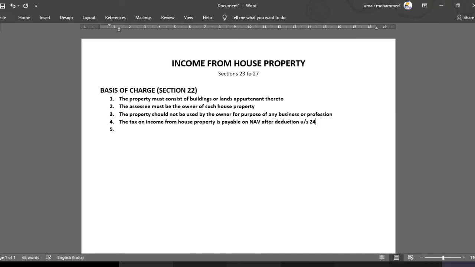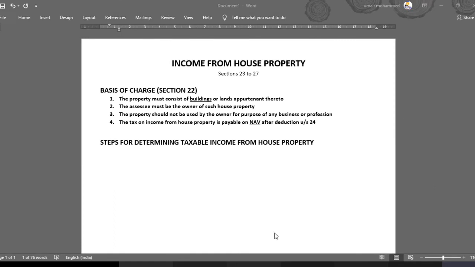So what it means is, you might be wondering, okay, income from house property is simple. The rent what you're getting from your tenant is house property income. Technically, it is correct. The rent what you're getting from your tenant is house property income, but it is not the taxable income from house property. In order to calculate taxable income from house property, you should compute this NAV, net annual value. Net annual value. Okay, so